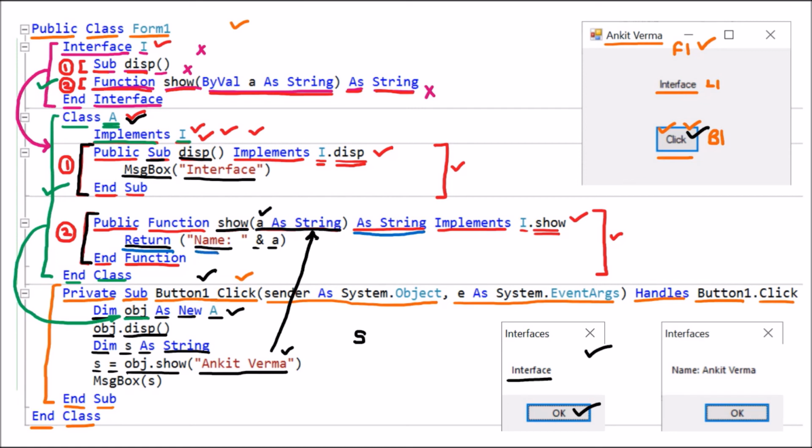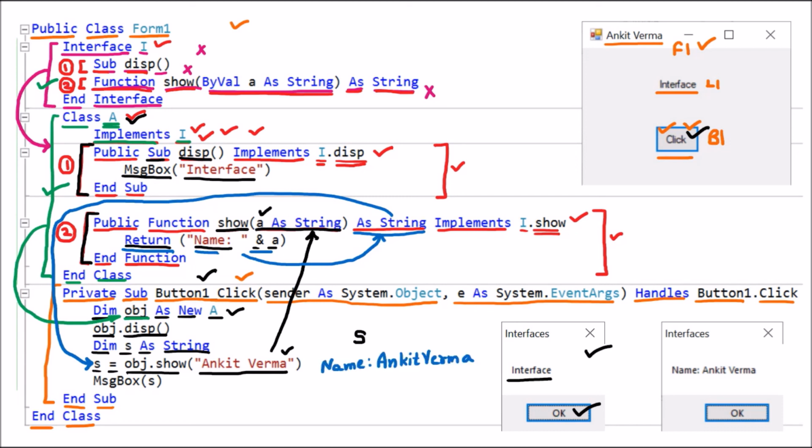Whatever is returned will be captured by the caller. Who was calling it? It was S. So S now has the value provided by the function, which is simply name colon Ankit Verma.